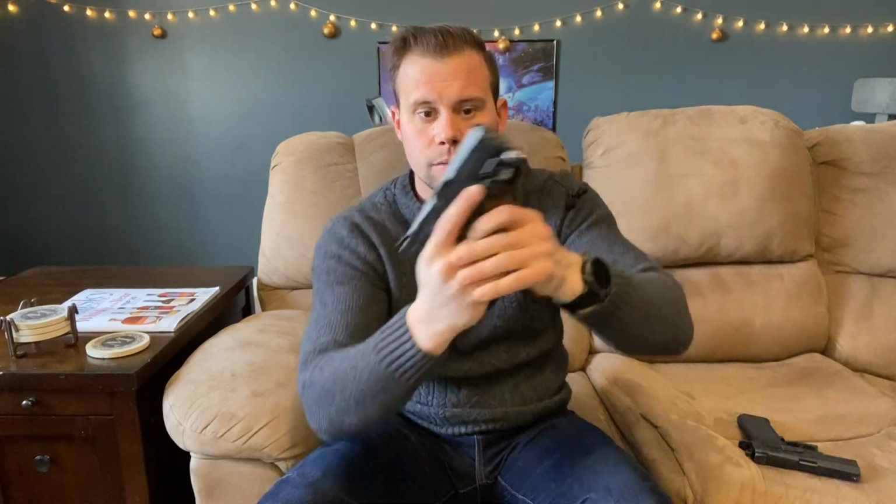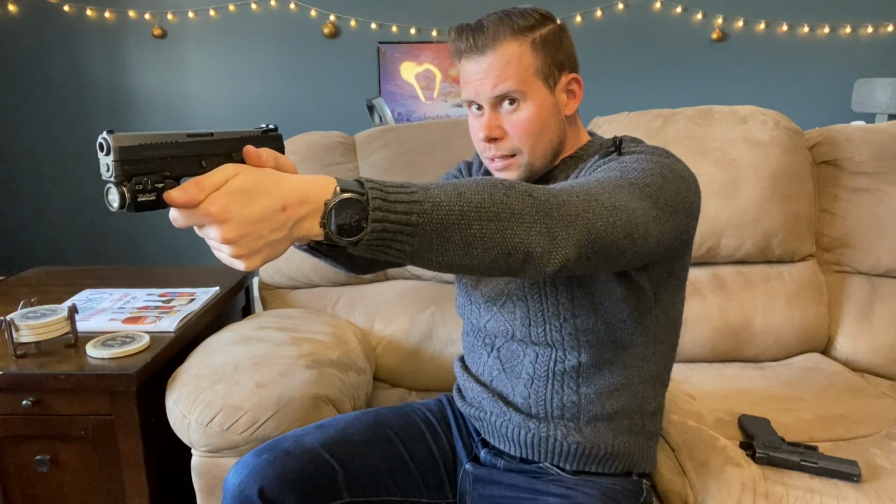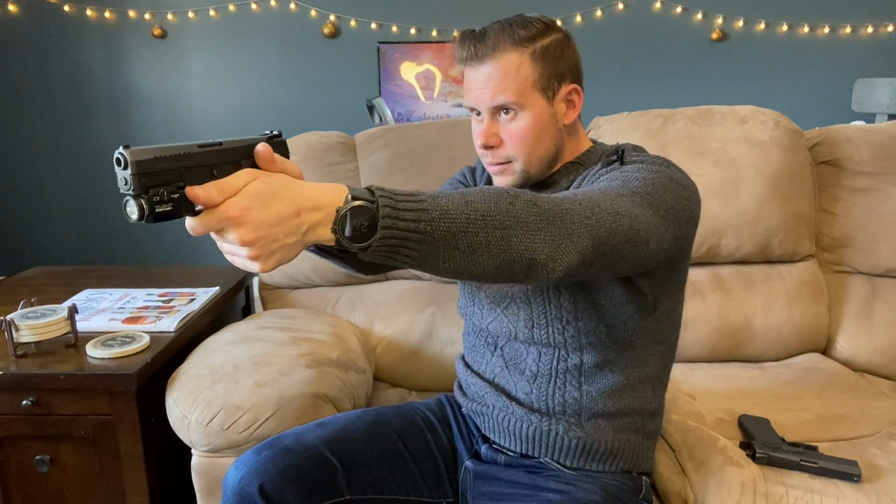Now, I do like that it's small and compact and has 500 lumens of output. That's pretty good. What I don't care for are the buttons. You have these very low profile pressure pads on here, which I would prefer more of a lever type setup that is a little bit more ambidextrous and easier to kind of tip with the hand or something like that. Where here, I kind of have to not only break my grip, but also kind of press, and I don't care for that personally. It's a personal preference type thing, but yeah, this is not my most favorite light setup